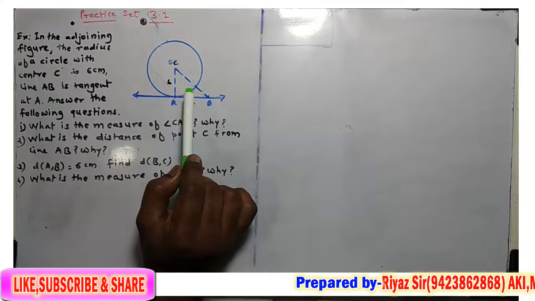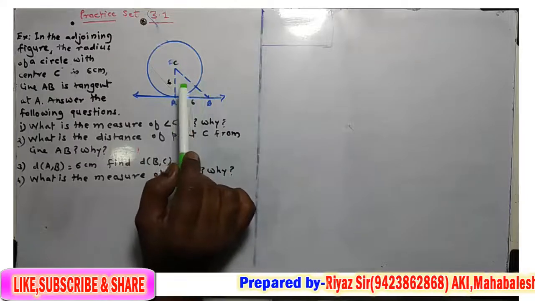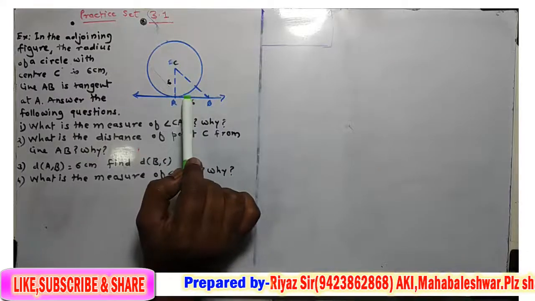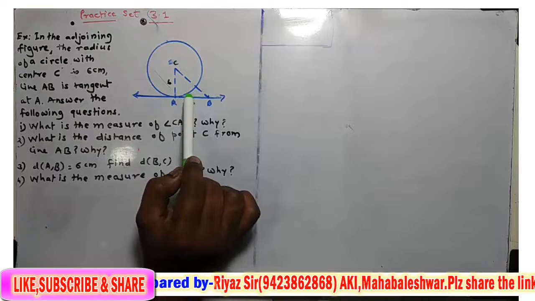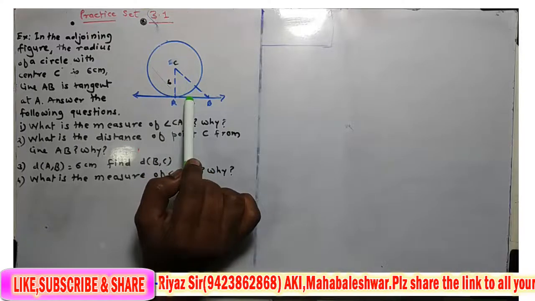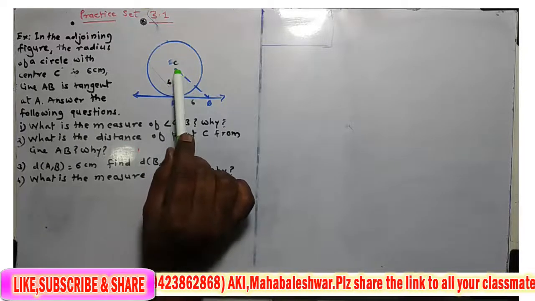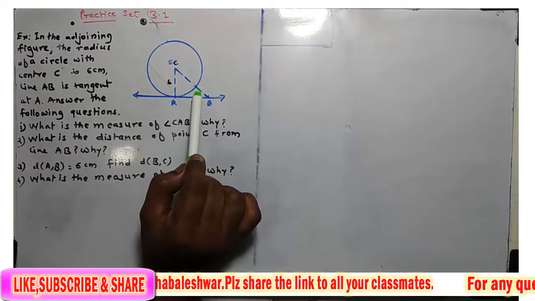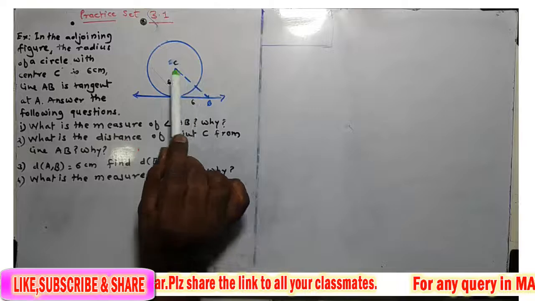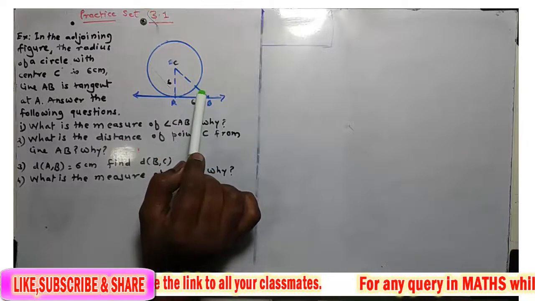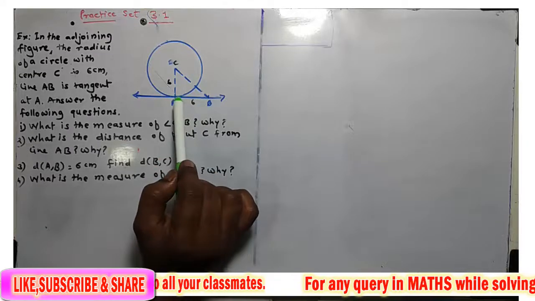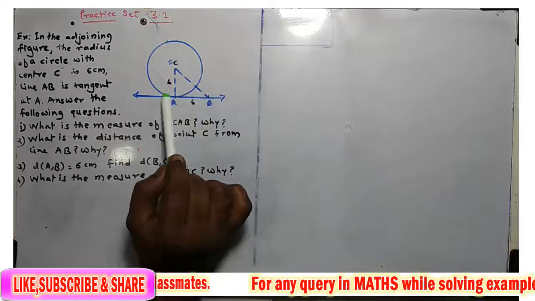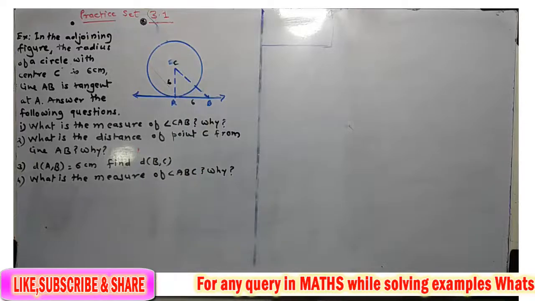So here, since in triangle ABC two sides are congruent, so that triangle is isosceles triangle. And in isosceles triangle, if two sides are congruent, then their opposite angles are congruent. Okay, so we consider the measure of each angle is equal to x, and from that x we find the value for x, that is the required value for angle ABC. In this way we have to solve this example.